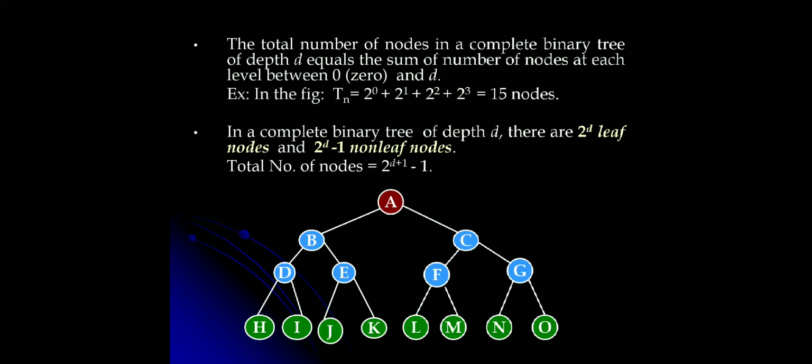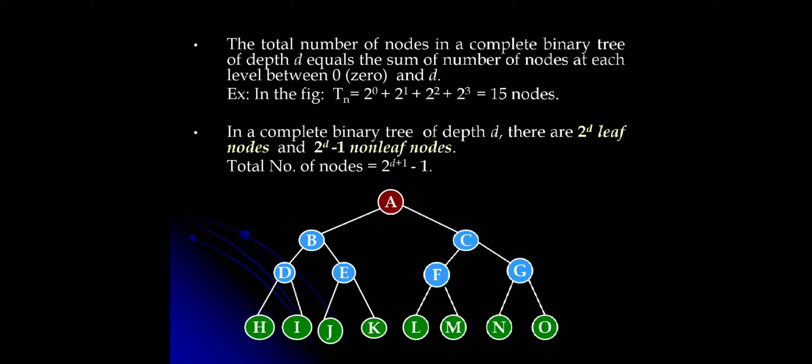Coming to the total number of nodes in a complete binary tree, just add all the nodes at each of the levels: 2 to the power of 0 plus 2 to the power of 1 plus 2 to the power of 2 and so on till the depth. Given the depth for a complete binary tree, just go on adding till the depth all the nodes, that is in powers of 2, and you will get the total number of nodes. So if depth is given as 3, 2 to the power of 0 plus 2 to the power of 1 plus 2 raised to 2 plus 2 raised to 3, this gives the total number of nodes in a complete binary tree.